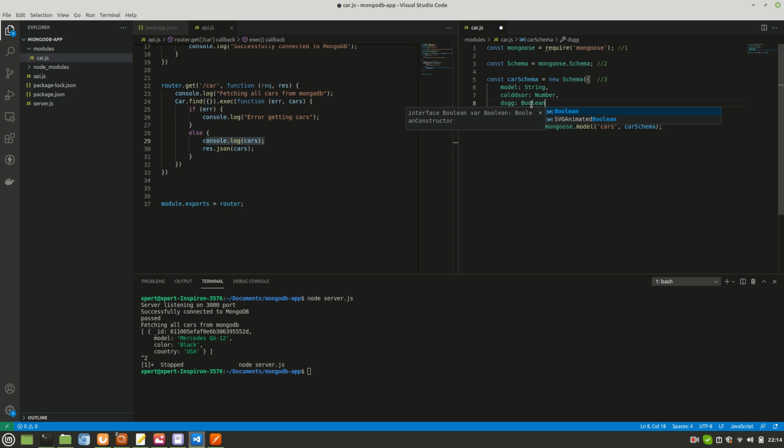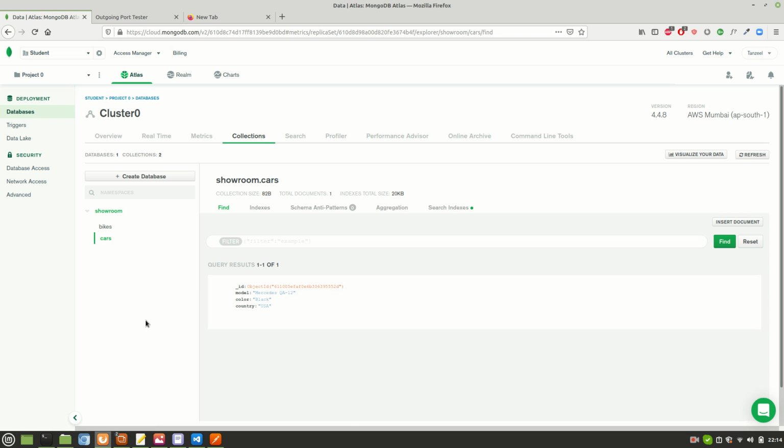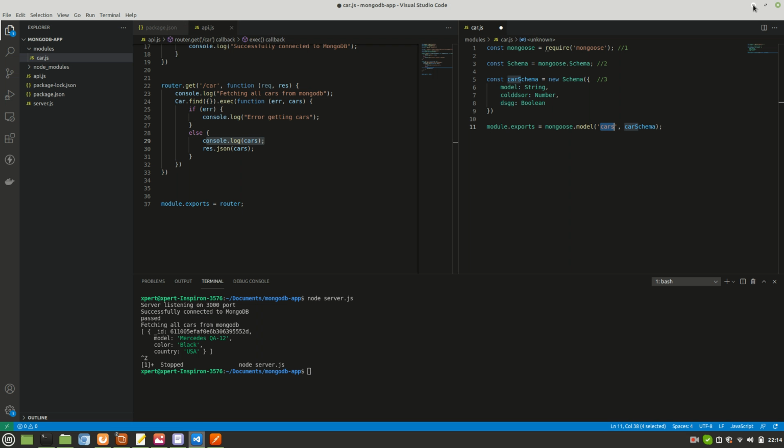So clearly the data model has no effect on the data being fetched. All you need is the collection name and it will fetch the data for you, which is here. Okay, so in the GET case this model doesn't matter that much. So you just need to mention the collection name here and it will fetch the data for you. Similarly, you can create a schema for bike, which we have already created here. Similarly you can create a schema for that as well, that is fine.